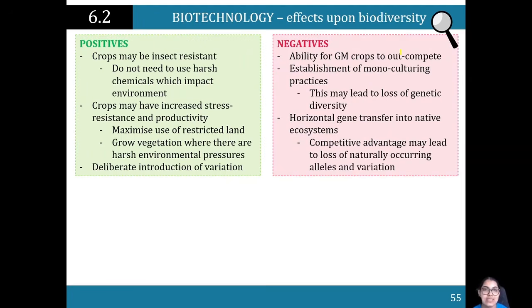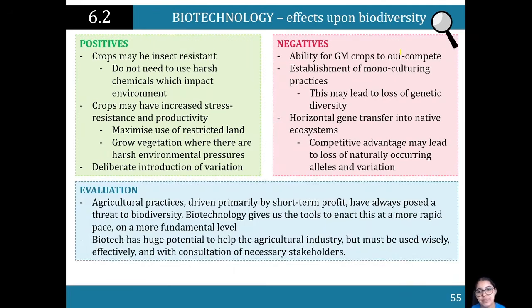There is also the establishment of monocultures, of just having one species of a certain thing, because it has good environmental yield and it's cheap and inexpensive. A good example of that is Cavendish bananas, and that can lead to the loss of genetic diversity. There's also horizontal gene transfer into native ecosystems, and competitive advantage can also lead to loss of naturally occurring